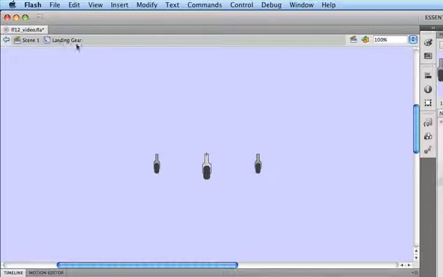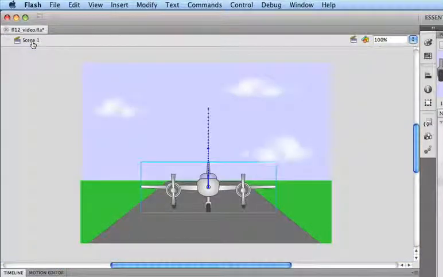Right here, this shows me that I'm actually in a movie clip symbol called landing gear, which happens to be sitting on the main timeline, which is represented here by Scene 1. So to get back to Scene 1, it's fairly easy. I just click on that link and it brings me right back. But now again, we want to use edit in place because that makes a lot more sense and we can actually perform any edits or changes in context of other things going on in the movie and see what's going on around us. So my first inclination is I'm going to try and get to the landing gear by double